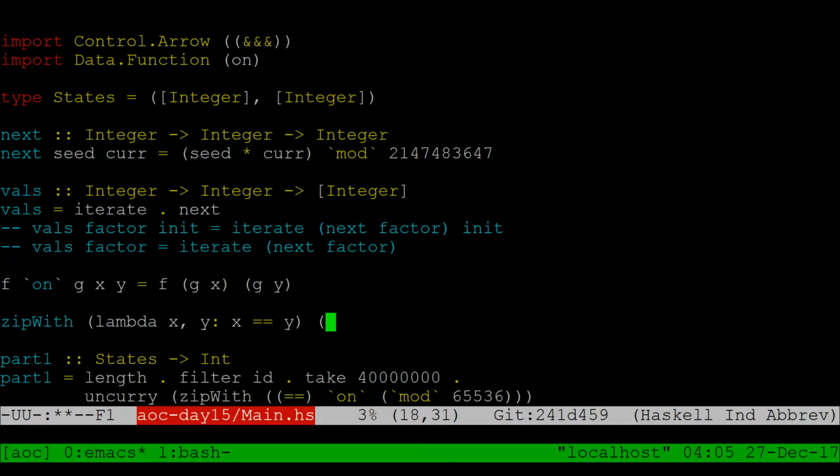I guess we're writing this lambda, right? Lambda x, y, x... Python's mod operator is this, right? X mod